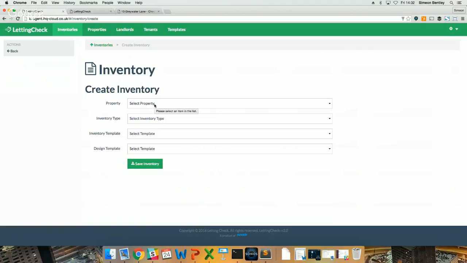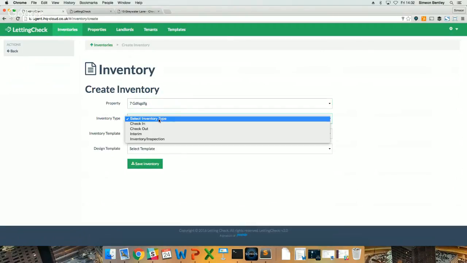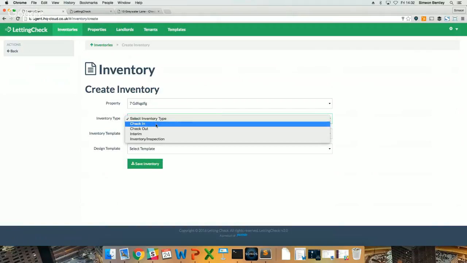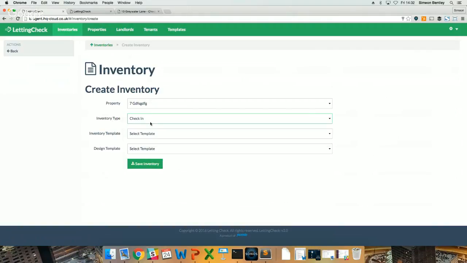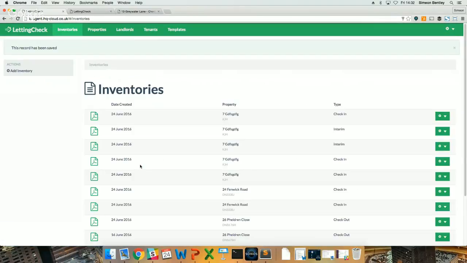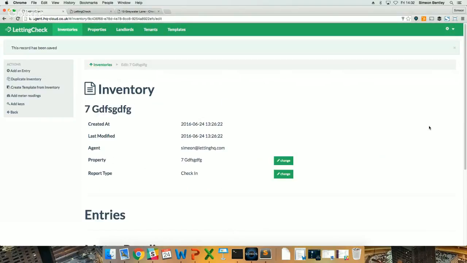So we're taken to this screen and we'd have to select a property. And of course, because we're moving a tenant in, it's a check-in report. And for now, we're just going to ignore templates altogether. So let's save the inventory. And it's this one at the very top. So if we go now and edit that,